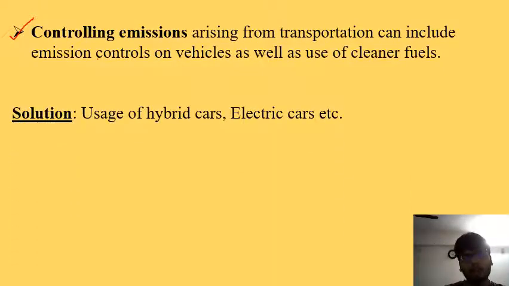Now, how can we do it on a larger scale? We can use a hybrid car or an electric car. I think everybody knows that there are different companies exclusively manufacturing hybrid and electric cars. A hybrid car runs on both diesel or petrol and a battery. An electric car is a fully functional car which operates with the use of electrical power, so it doesn't derive power from diesel or petrol. It is a fully electric car.